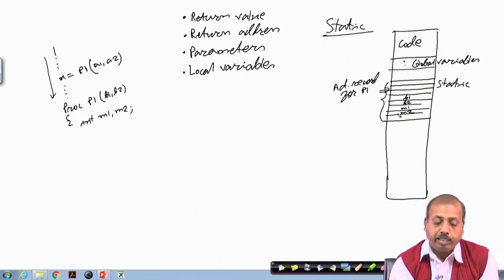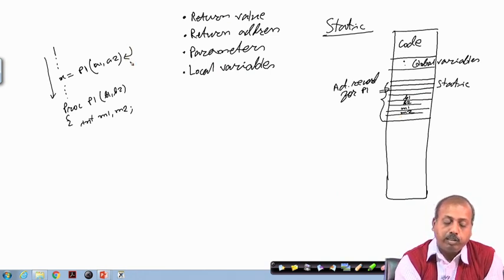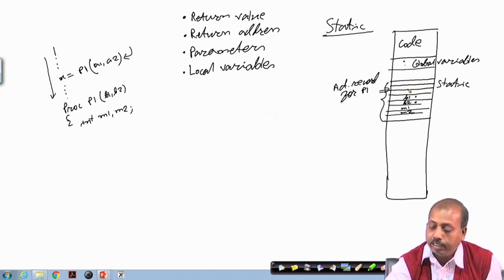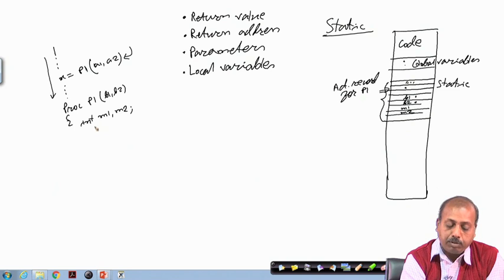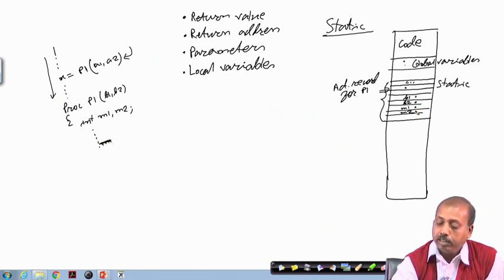Now, what will the compiler do when it is generating the code for this procedure call? It will have code such that A1 is copied into this location, and A2's value is copied into this location. Then the return address is saved: this space is reserved for the return value, and this space is for the return address. Then M1 and M2 are for the local variables. When translating the code, any modification of M1 and M2 will affect these locations.